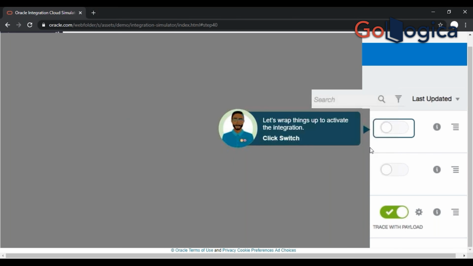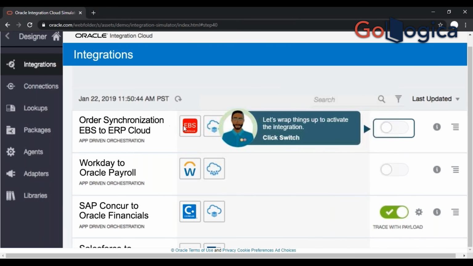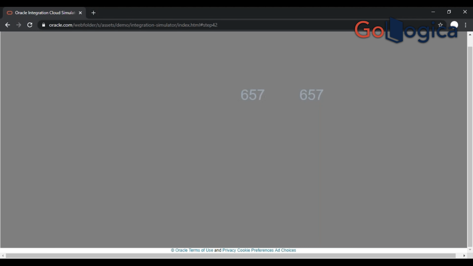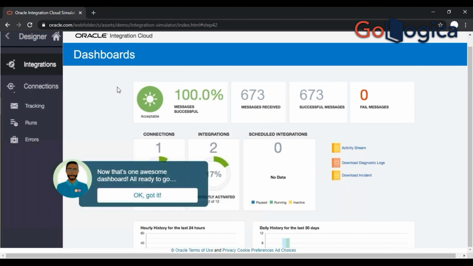Once this integration is done, you're going to activate it. You just click on this slider and it's activated. Once your integration is activated, that's it. There's another screen called monitoring. Here you can check if your integration is triggered. As soon as you have activated the integration, in the case we are talking about,